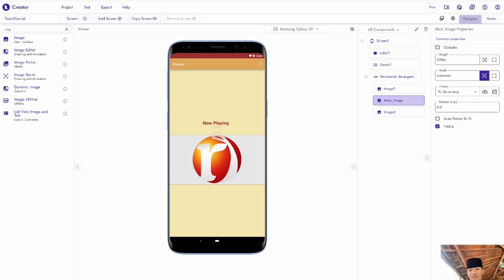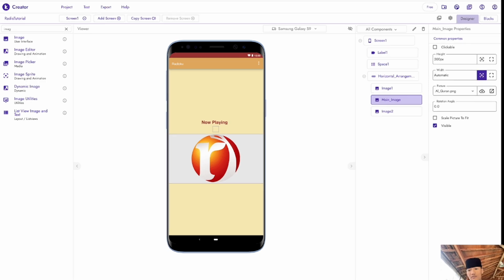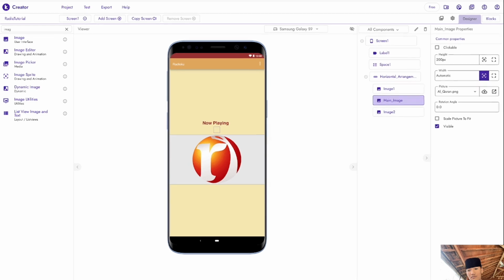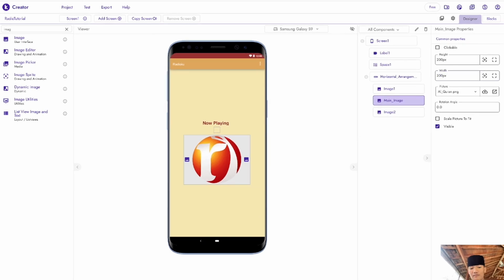Wait, I think we need something here. Maybe we're just going to change it to be 200 pixel and 200 pixel. Yes, all the things to be there.